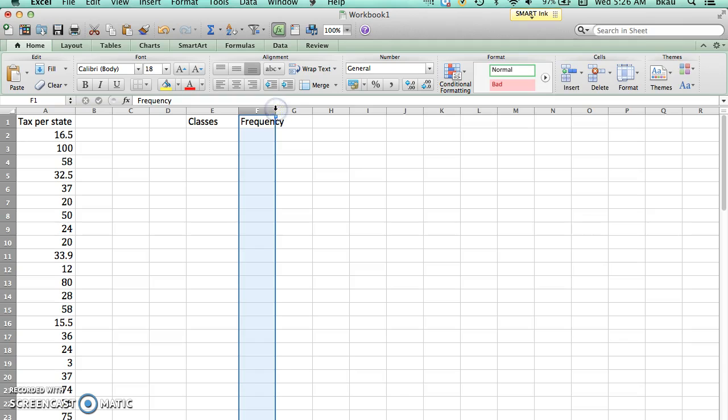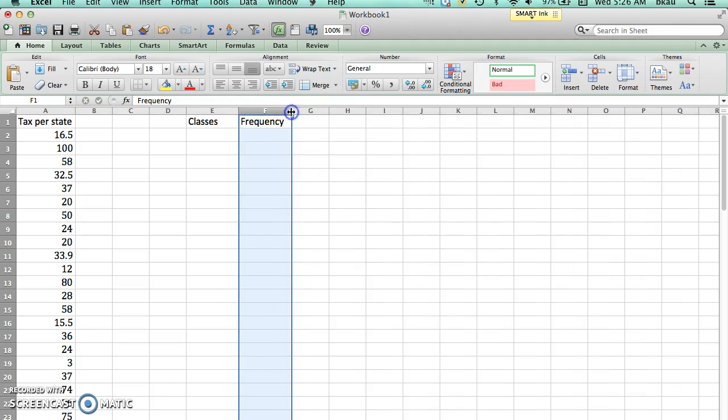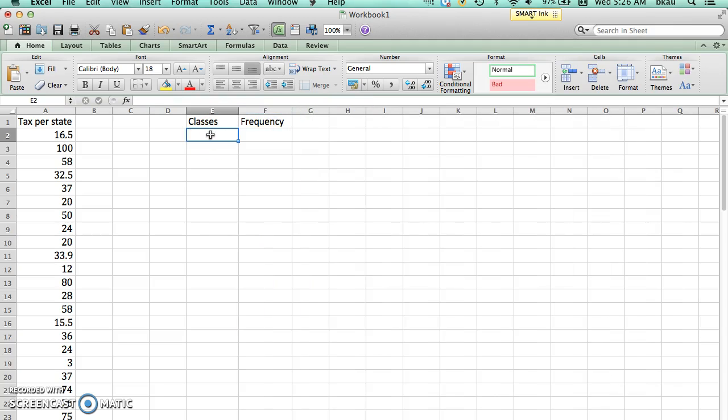Make it a little wider. Click on it and drag it out. Okay, I'm going to type in, so now the computer is going to think it's a subtraction, so we have to put a little quote in front of this. So in order to do this, for the 0 to 19 as our first one, we put a little quote, use the quote key, quote